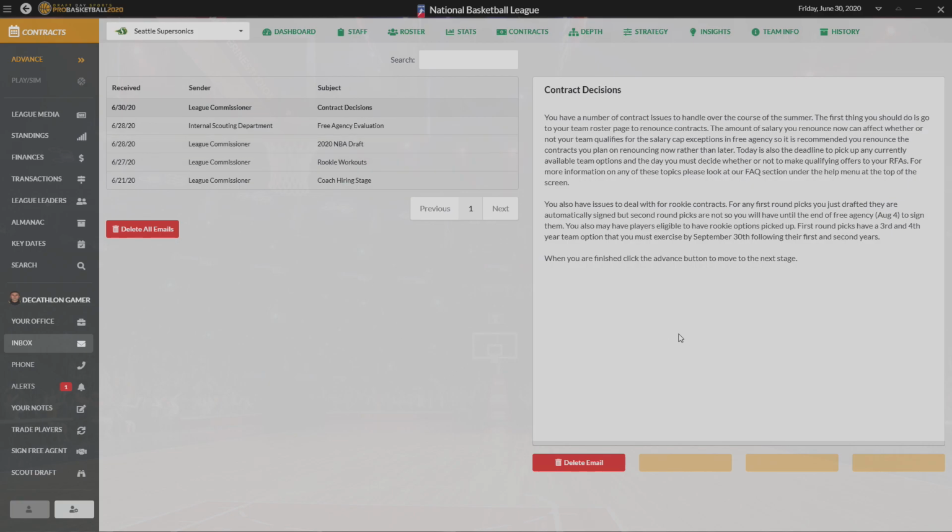Contract decisions. First thing you should do is go to your team roster page to renounce contracts. The amount of salary you renounce now can affect whether or not your team qualifies for the salary cap exceptions in free agency. So it is recommended you renounce the contracts you plan on renouncing now rather than later. Today is also the deadline to pick up any currently available team options, and the day you must decide whether or not to make qualifying offers to your restricted free agents. For more information on any of these topics,